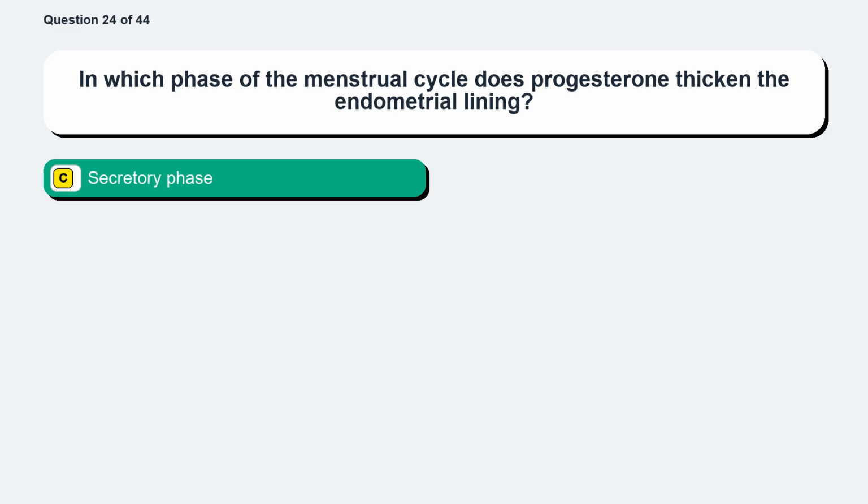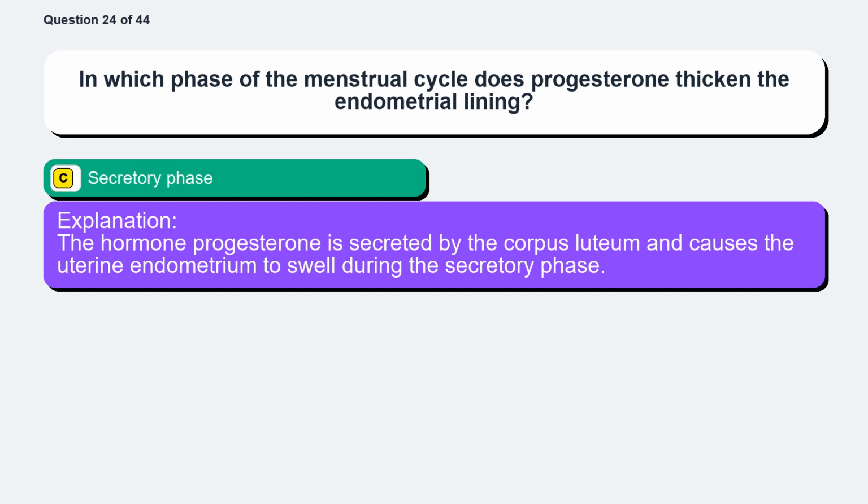The correct answer is option C. Secretory phase. The hormone progesterone is secreted by the corpus luteum and causes the uterine endometrium to swell during the